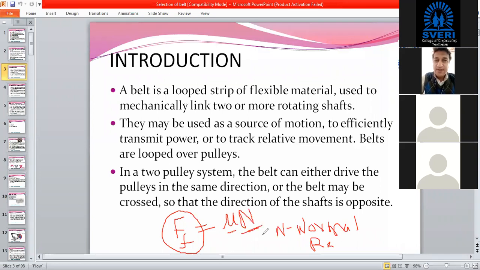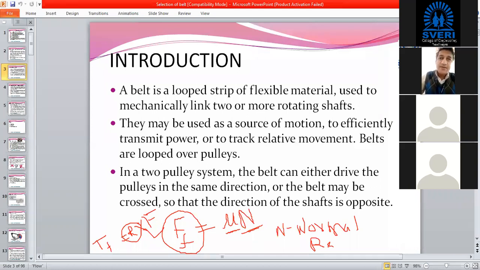So these belts are made sufficiently tight, as well as manufactured from such a material for which the coefficient of friction is higher. Okay, so this total force or torque which is transmitted with the help of the belt is also known as frictional torque, where torque is, again, as you know, radius multiplied by force. Radius here we are going to consider is the radius of the pulley. Okay, so these terms are important while you are going to use this belt drive. So all the power is transmitted with the help of friction.